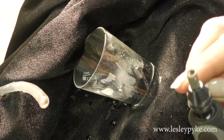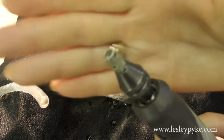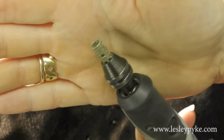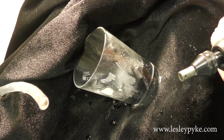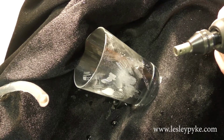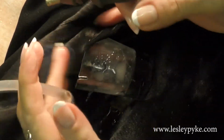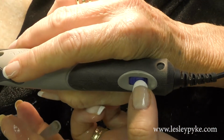So you can see a fascinating looking gadget. Don't ask me, I have no idea. Holes and dents in the side, I don't know. Maybe it's to help with the heat or something. I have no idea why it's got those. But anyway,